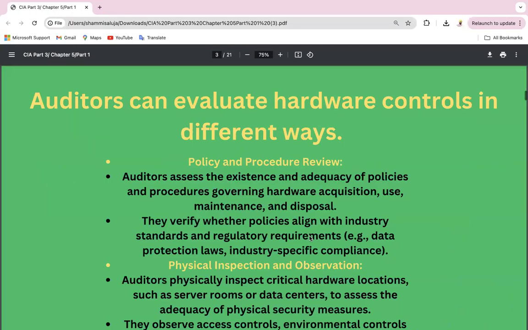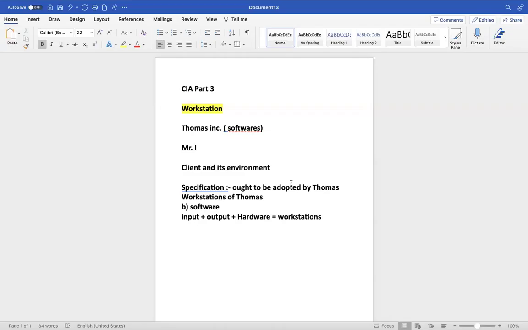So proceeding further with the example, the auditors assess the existence and adequacy of the policies and procedures, as to whether the controls implemented by the organization are up to the mark or not, whatever the hardware system is there. And if we particularly talk about even the disposition of that system, let's come back to this very particular example